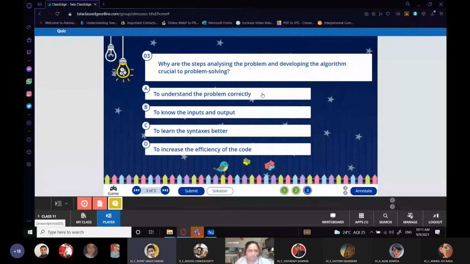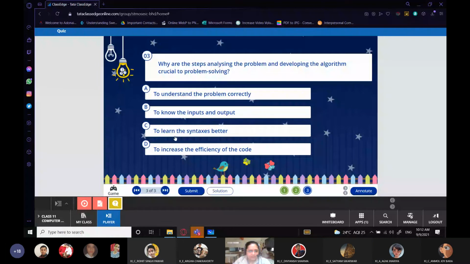Obviously option B cannot be, because it is not just for inputs and outputs that we are writing an algorithm. To learn the syntax, option A is better, ma'am. There is a tie between option A and option D, right?